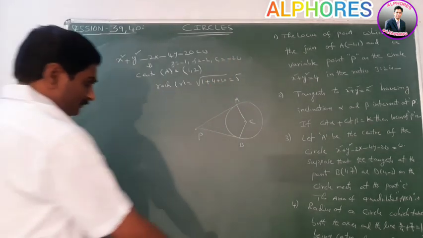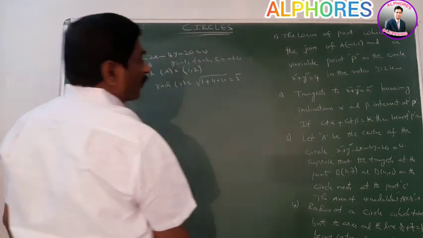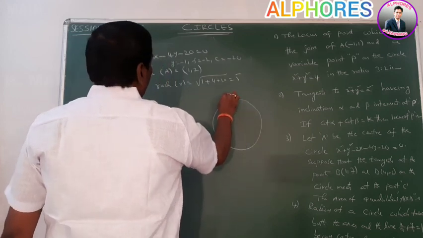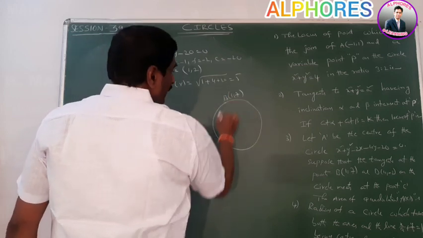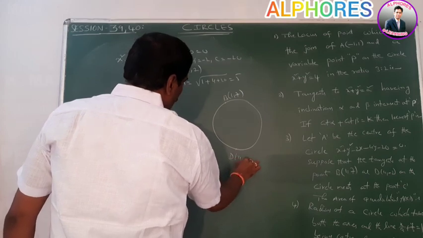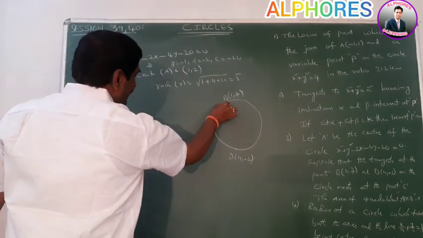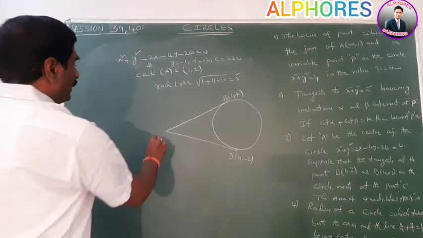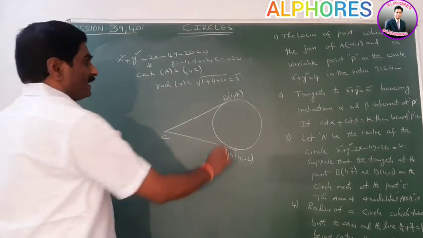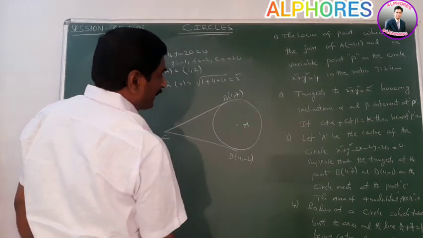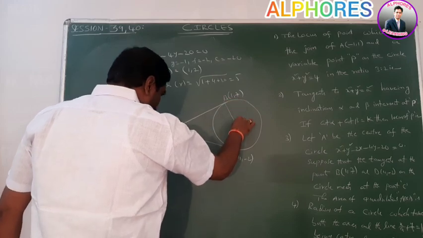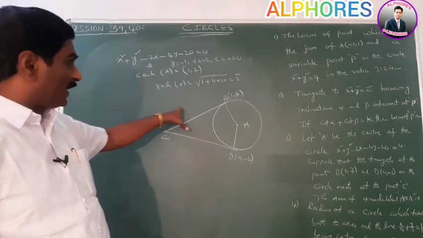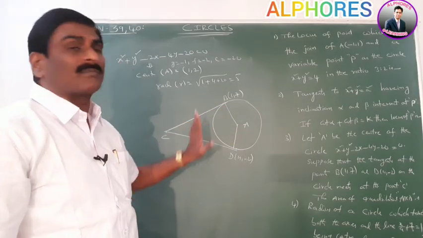Here B, D are any 2 points on the circle. The B point is (1, 7) and D point is (4, minus 2). The tangents at B and D intersect at a particular point. What is that point? C. It is the point of intersection of the tangents. Now we find the area of the quadrilateral ABCD, which is the area of the quadrilateral formed by the pair of tangents and the corresponding radii. This is nothing but R into root S11.